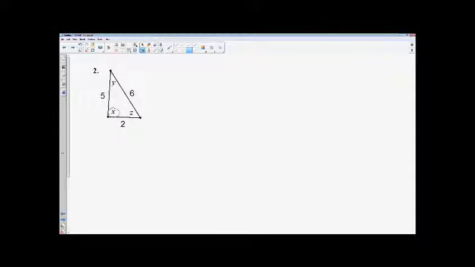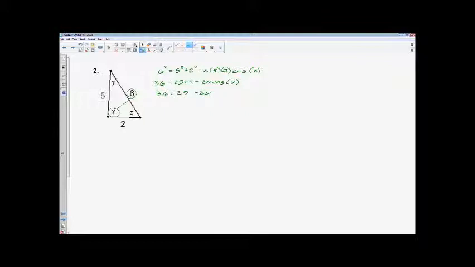Let's solve for x first. And 6 is opposite x. So when I set up the law of cosines, 6, the one that's opposite the angle you're using, is by itself. It's going to be 6 squared equals 5 squared plus 2 squared minus 2 times 5 times 2 times the cosine of my angle x. And then we start working that out and cleaning it up. So 36 equals 25 plus 4 minus 2 times 5 is 10 times another 2 is 20 cosine x. 36 equals 29